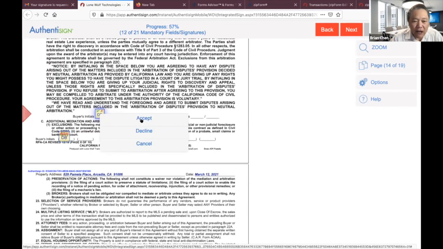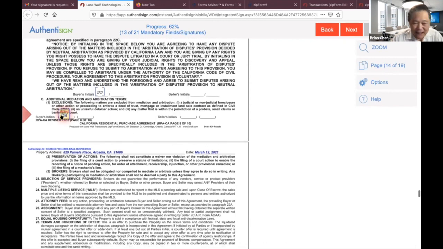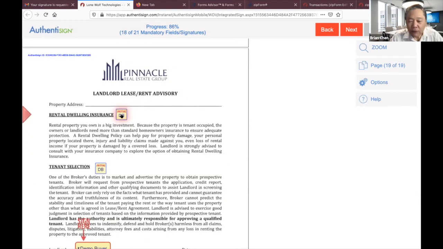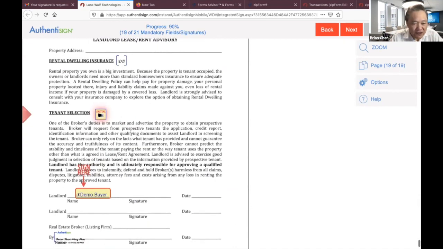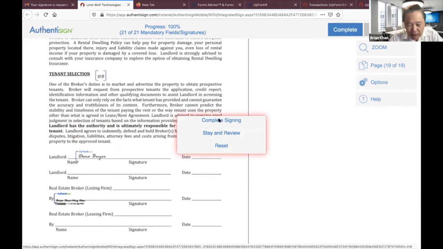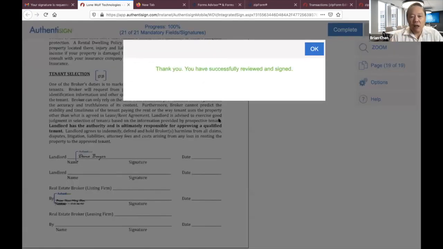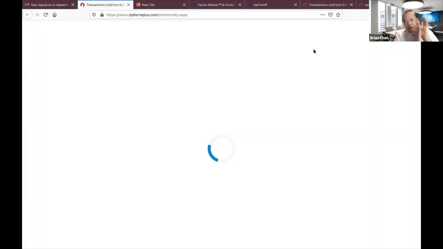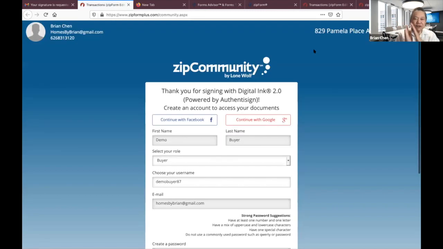Remember, on arbitrations and liquidated damages, the buyer has to accept. So you've got to remind your buyer. You click on it, you have to say accept. Okay? Remember initial, and buyer signature. I'm done. Now, after a few minutes, when the signature is done, when you go back to your zip form,